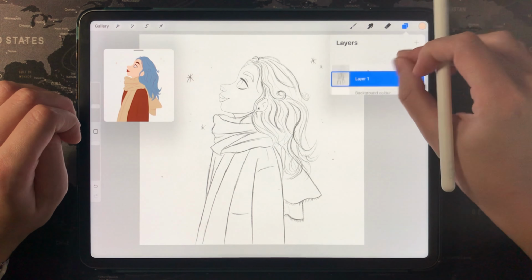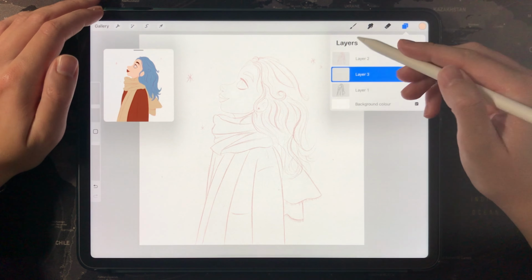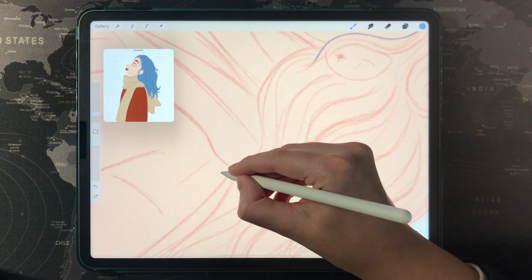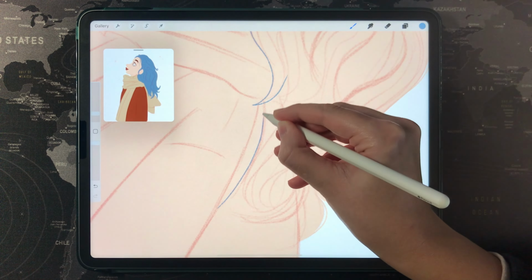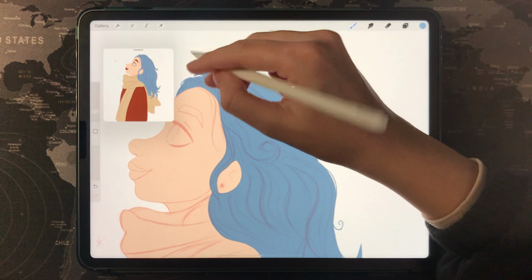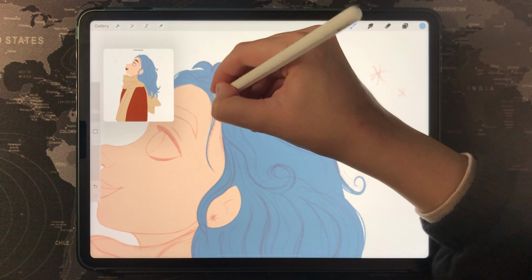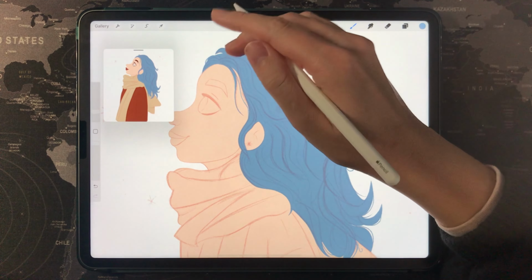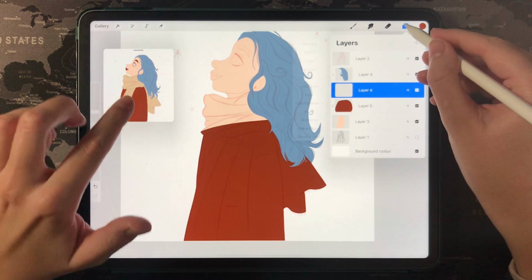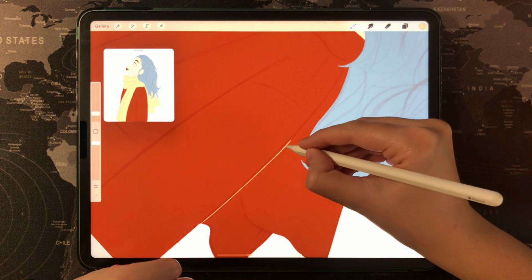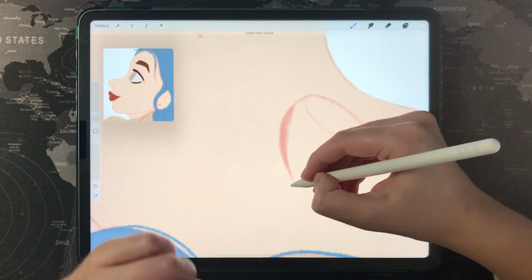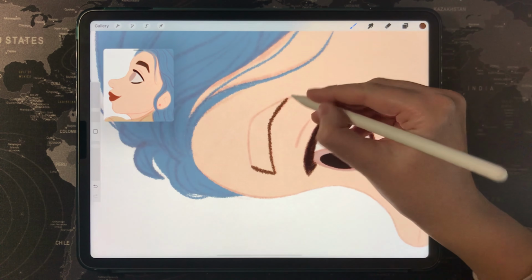And I've already chosen a color palette. It's not a fast thing to do, so I'm not showing it here. I can make a separate video on it. But yeah, I've made a rough color palette, so I just color pick it from that reference and I color my character. I create a layer for the whole silhouette of the character, and then I add clipping masks to add other parts like hair, eyes, scarf, and so on.